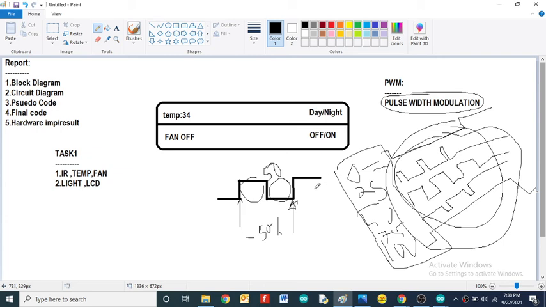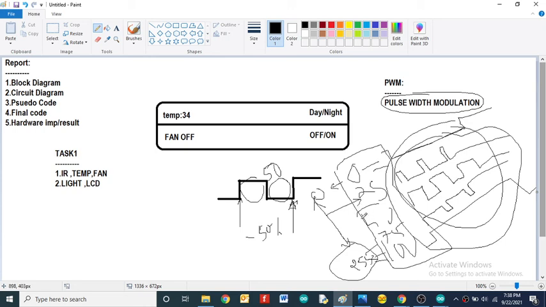Now we don't have a duty cycle value, so instead of the duty cycle value we will provide numbers from 0 to 255. 0 indicates 0% duty cycle, and 255 indicates 100% duty cycle. In between, you can vary. Based on the value, it will set a particular duty cycle.